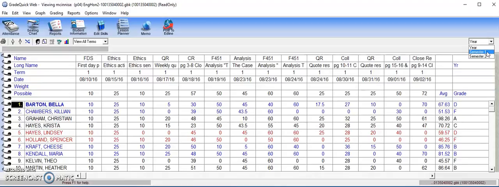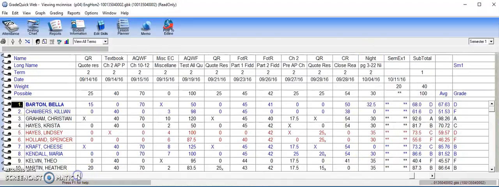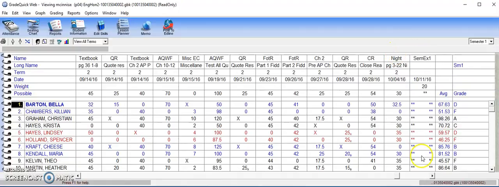I need to choose Semester 1. So that far right-hand column says SM1 for Semester 1. I'm going to scroll all the way over to the right to find my SemX1 column. I'm actually going to just adjust this a tiny bit so that my exam column is right next to my semester column. I'm going to enter the point value,